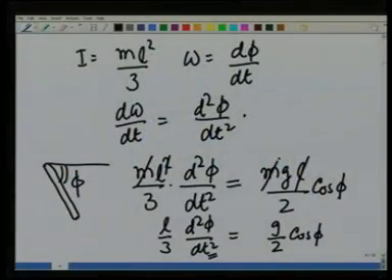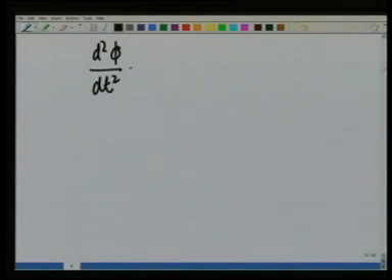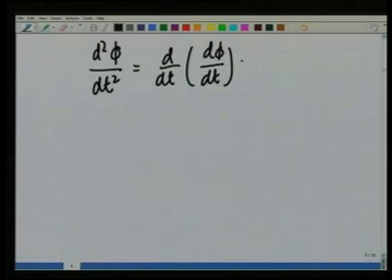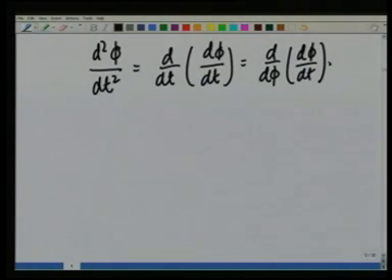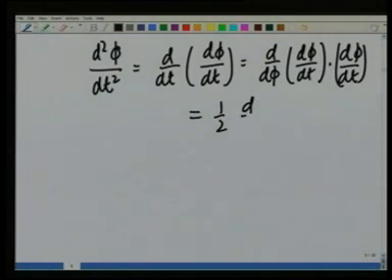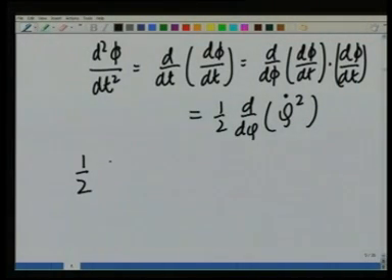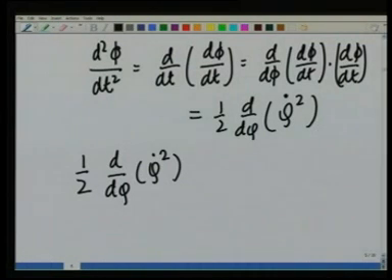Since the left hand side involves t, we will use an old trick that we have used earlier in deriving energy conservation, and that is to write d2 phi over dt square as d over dt of d phi over dt, which is nothing but d over d phi of d phi over dt times d phi over dt, which can be written as 1/2 of d over d phi of phi dot, which is d phi over dt, square, and therefore, the earlier equation becomes 1/2 d over d phi of phi dot square, which is nothing but d2 phi over dt square,